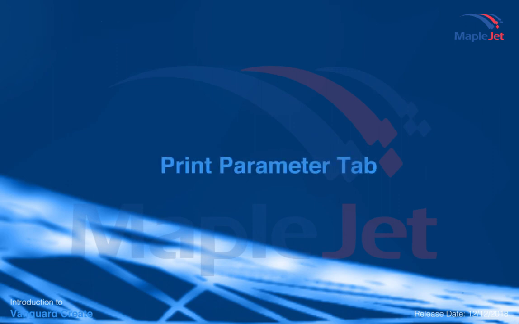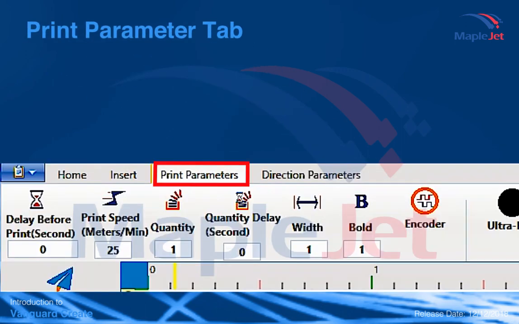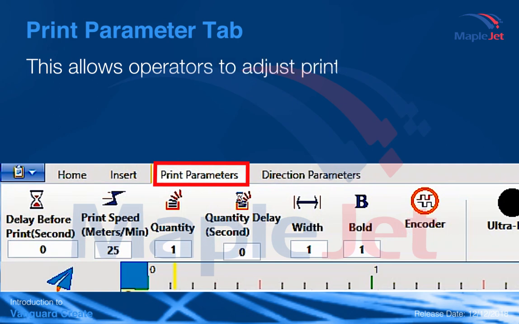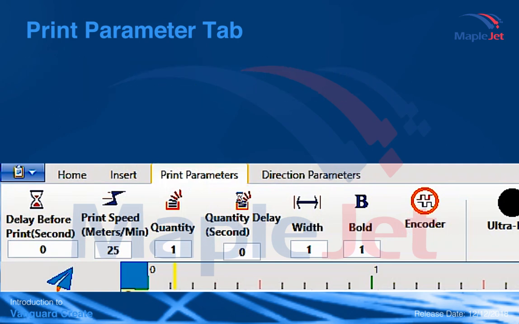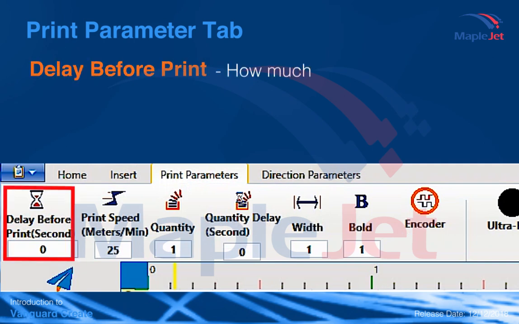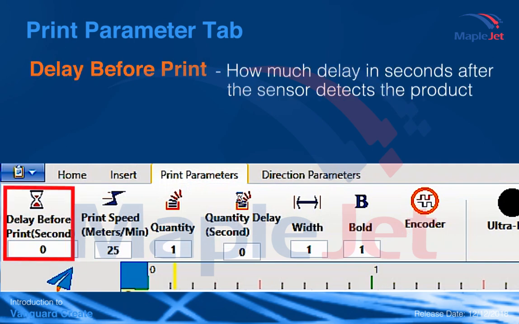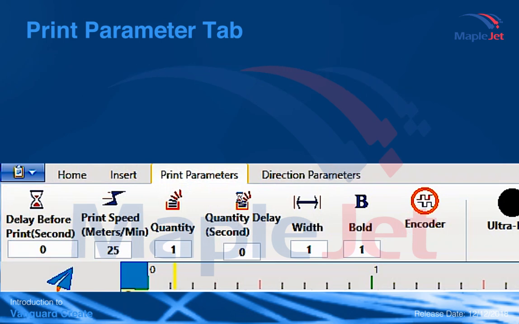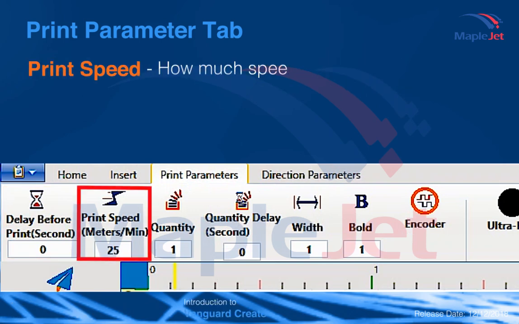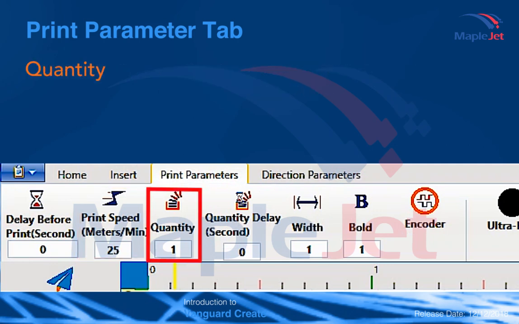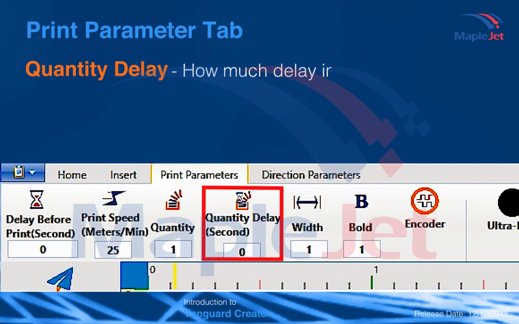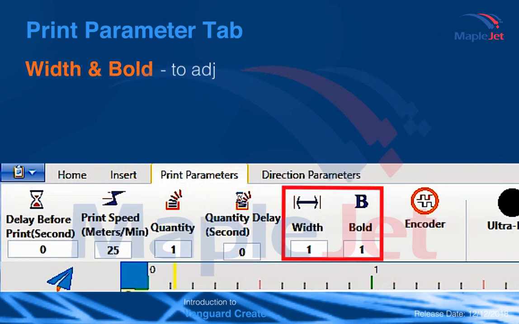The Print Parameter tab. This tab provides functionalities that allows operators to adjust print parameter based on their production line requirement. This includes delay before print, the delay time in seconds after the sensor detects the product before printing, print speed, adjusting the speed based on the production line requirement, quantity, the number of prints per sensor signal, quantity delay, delay in seconds per print per sensor signal, width and bold adjustment,